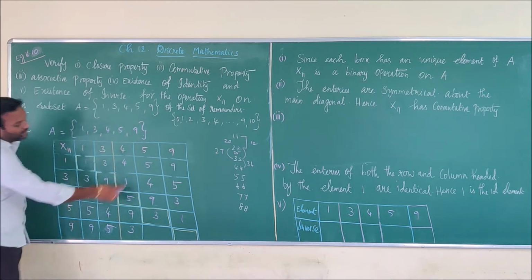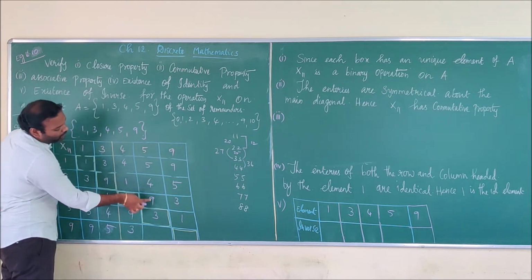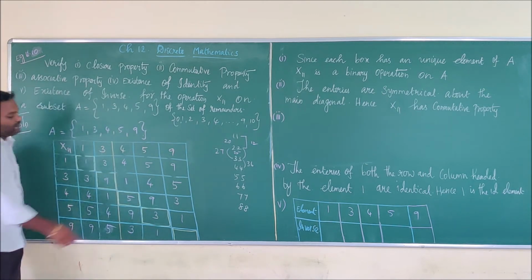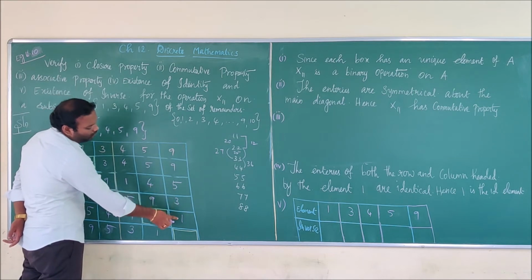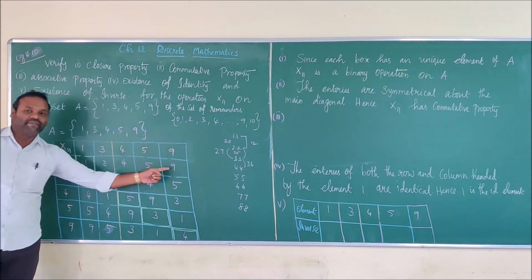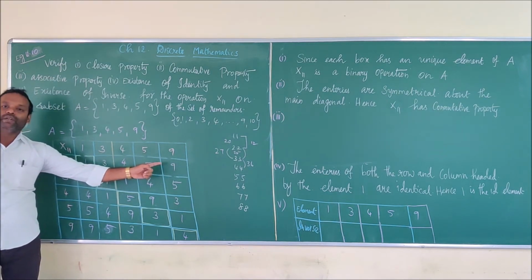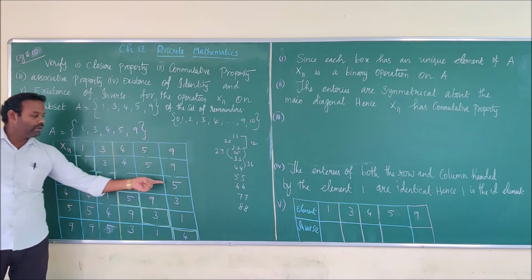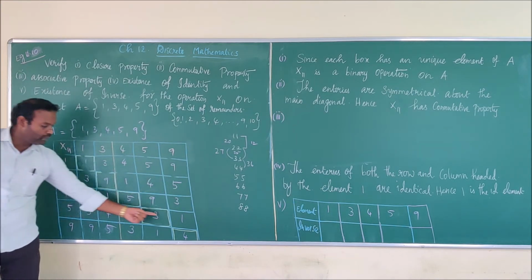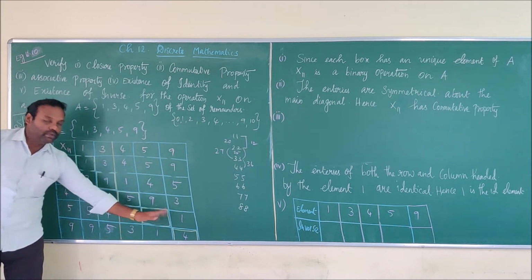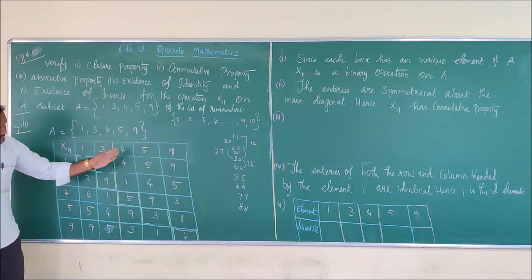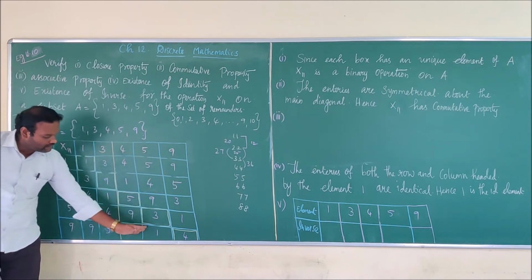Okay, next observe this column 5 4 9 3, the missing number is 1. Okay, next 9 5 3 1, the missing number is 4. So now you just observe each and every row. In the first row, no repetition of numbers; second row, no repetition; third row, no repetition; fourth row, no repetition; fifth row, no repetition. In the same way, first column no repetition, second column no repetition, third column no repetition, fourth column no repetition.